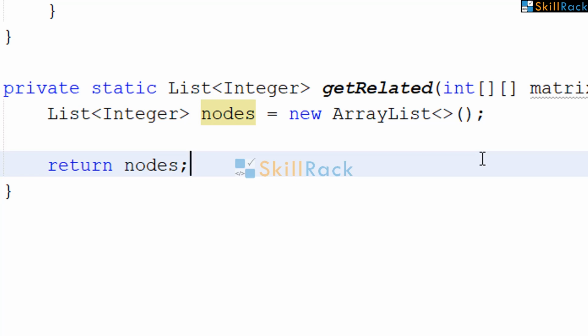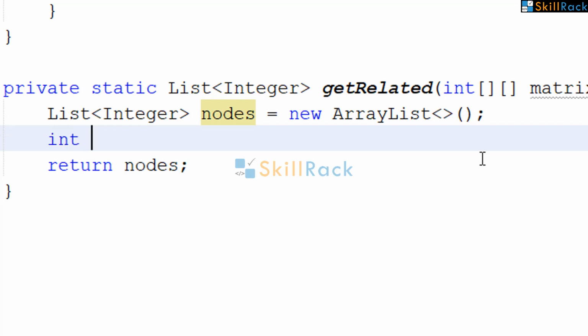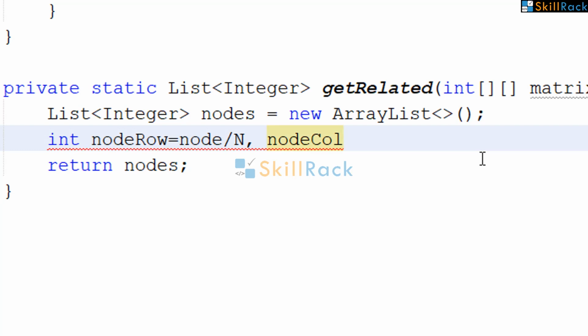But before that, from the node value, we need to calculate the row index and the column index. As we discussed, the row index can be obtained using node divided by n, and node column can be obtained using node mod n.